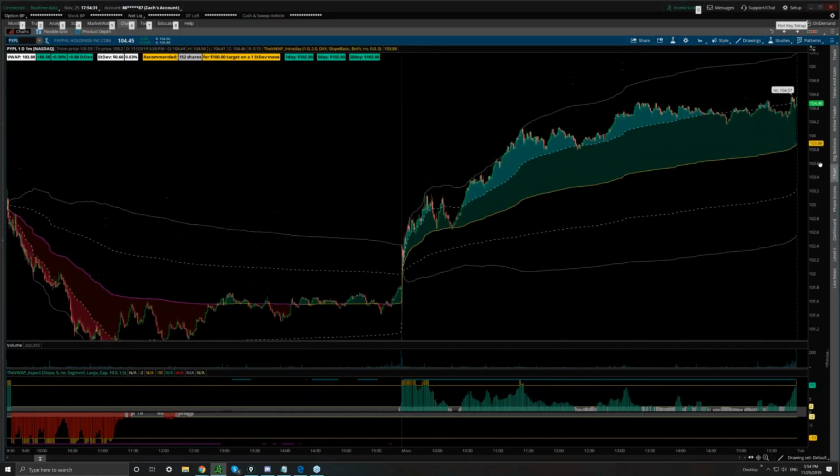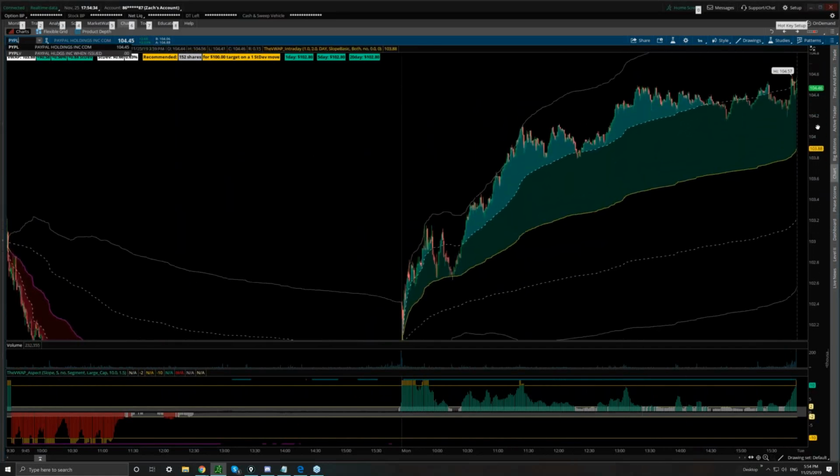PayPal, another blast off at the volume weighted average price. Anytime you see large traders defending a stock at its volume weighted average price, you have to ask yourself again, why would they be doing that? Other than if they knew or strongly believed that there was a good chance that the market was going to be much higher over the course of the day.